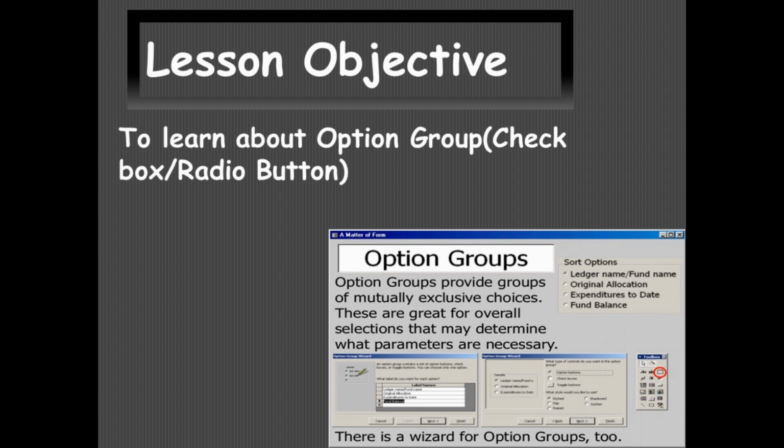In today's tutorial we will discuss option group, where we can create it in the form of check boxes or a radio button, when you have multiple values to select and you have to choose one of them. Then a complete drop down list, how to create the drop down list in a form, will be discussed in this tutorial.